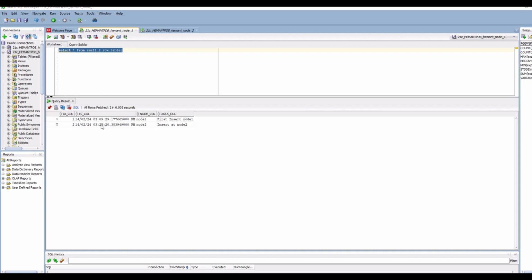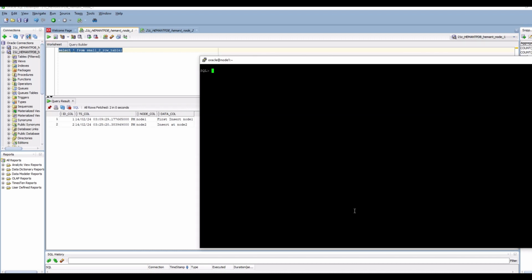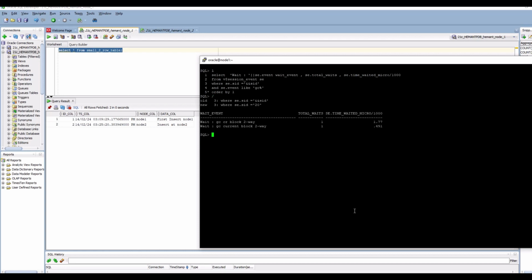Both rows are in the same block, but Oracle allows row level locking. So each node will be locking its own row, which is fine. So I have two rows inserted from node 1 and node 2. This is the query on node 2, 0.001 seconds, and this is the query on node 1, 0 seconds. And if I look at the current events, node 1 has had no events. These two GC wait events are just my prior setup, so hardly anything, 1 microsecond.